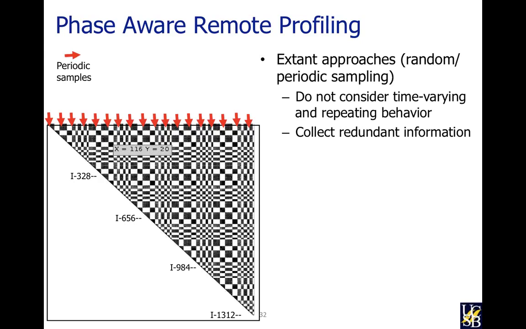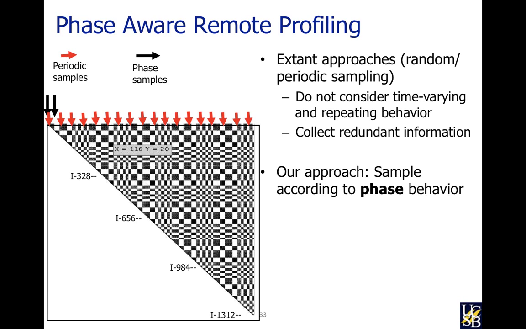So that's really just a waste. It doesn't provide you with any new information. What you really want to do is profile, take a sample on each phase. So you want to identify your phases, and then you only want to sample on a phase, because then if you could record how often phases occur, then you'd have a full picture of the entire program